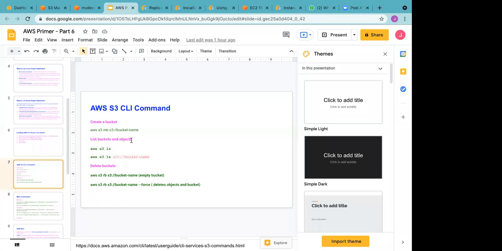It's list bucket and objects. So to list the buckets, you do AWS S3 LS. But if you want to see the objects of a bucket, what you need to do is AWS S3 LS and then the bucket name.